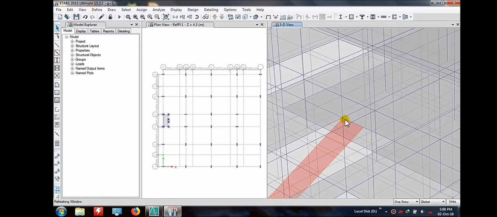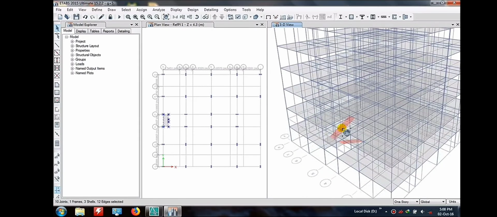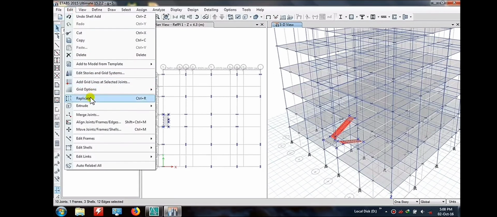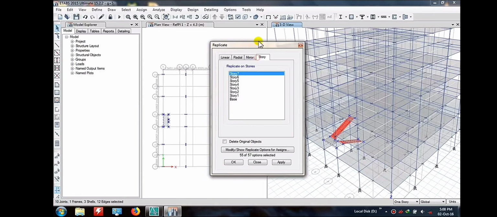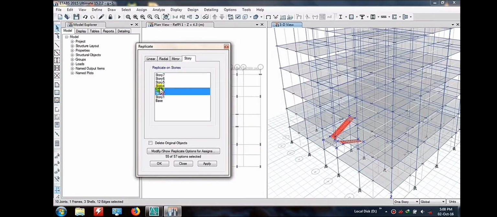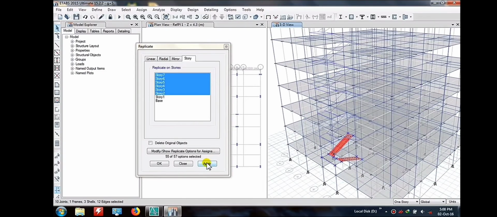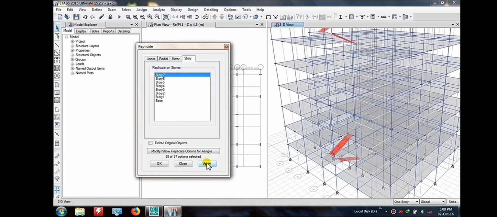So I had completed it. मैंने सारे joint, सारे slabs को क्या कर लिया है, कॉपी आउट कर लिया है. Now I am going to paste it out to all my stories. So here I am going to apply. जो भी स्टोरी में आप अप्लाई करोगे उसी अकेले स्टोरी में अप्लाई होगा. जिस तरीके से अभी 7th स्टोरी में अप्लाई हुआ है, but we have to select all the story, all the